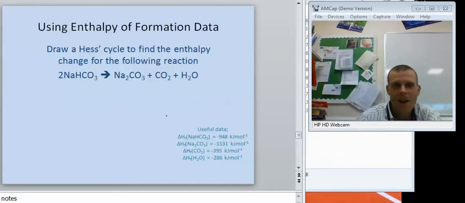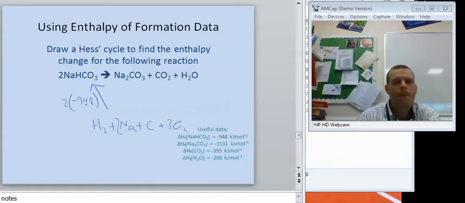Here comes the solution. We could write anything we want down here, but to be absolutely correct, we've got hydrogens, sodiums, carbons and oxygens, forming our sodium hydrogen carbonate, minus 948, but 2 moles of that. Then coming up this side, we've got sodium carbonate, which is minus 1131, CO2, which is minus 395, and water,